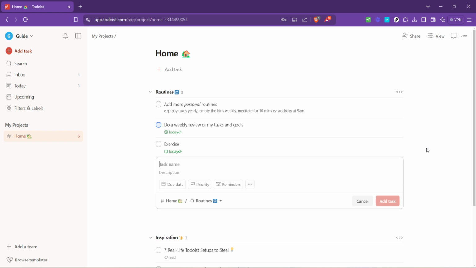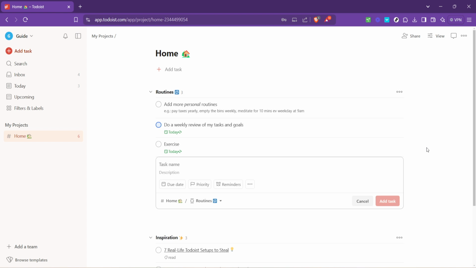A few additional tips to enhance your Todoist routine. Experiment with different types of recurring tasks, like every weekday for work-related tasks, or every Monday for a weekly planning session. Utilize labels and priority levels to organize tasks further and highlight their importance. Remember, Todoist is more than just a to-do list, it's a powerful tool for managing your time and tasks effectively.